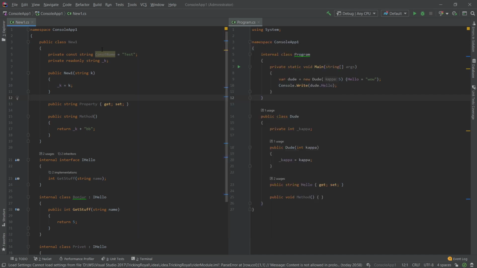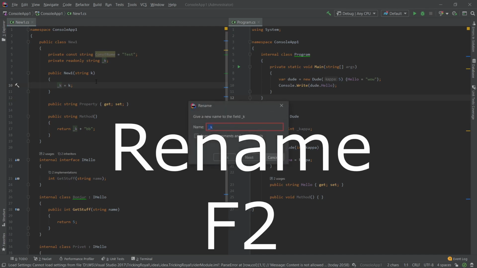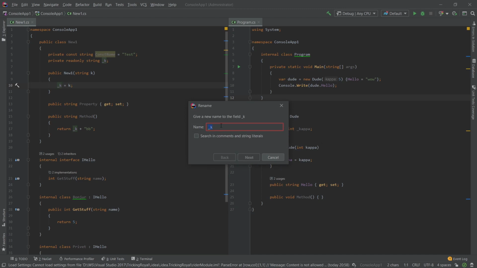Okay, next for the essential things is just renaming stuff, right? You're gonna write code, you're gonna mess up the names, you will have to rename it. So the standard way in Visual Studio, you'd be pressing Ctrl R, Ctrl R. Here it's F2, same as it would be on the file system or whatever, right? So